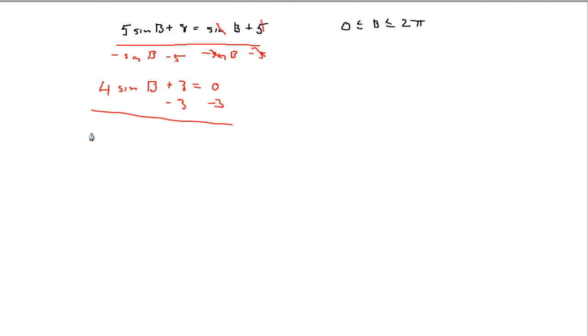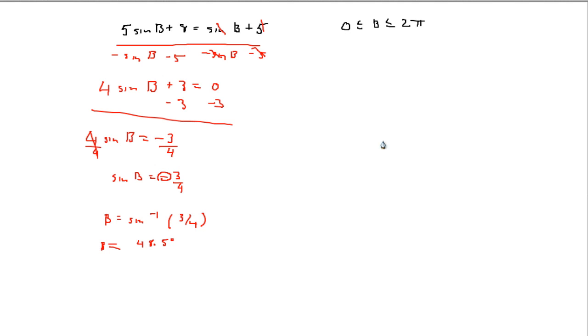So we end up getting 4 sine of b is equal to negative 3. The next step, we're going to divide by 4. So that gives us sine of b is equal to negative 3 over 4. So what I'm going to do first is find the inverse sine of 3 over 4, but disregarding this negative sign. Okay, so if I plug that into the calculator, inverse sine of 3 over 4, then I get the b value, which is going to give us our reference angle of